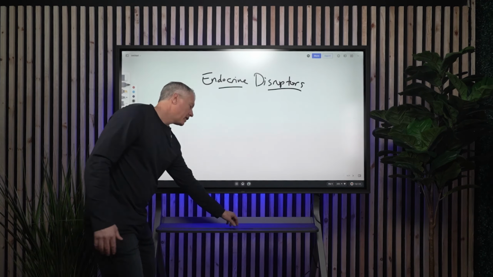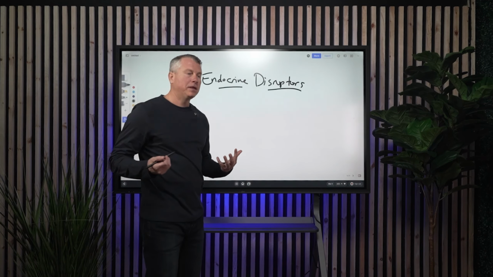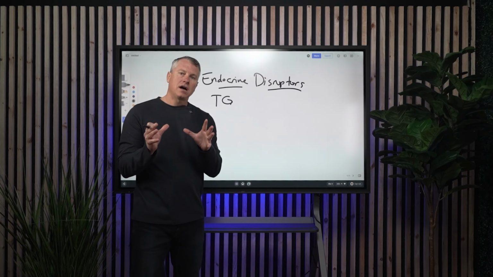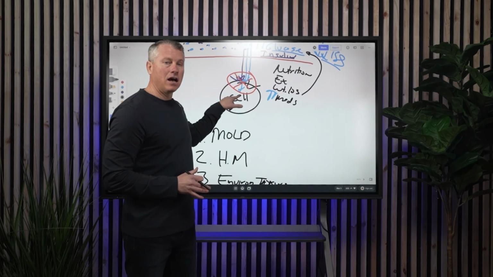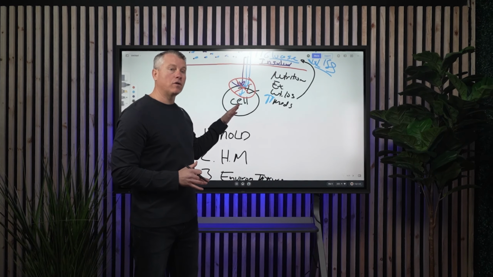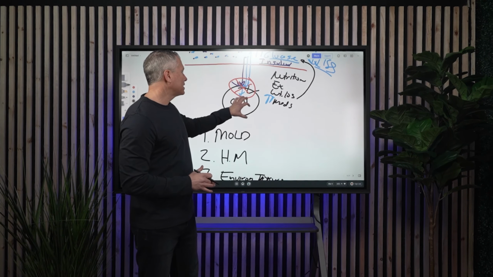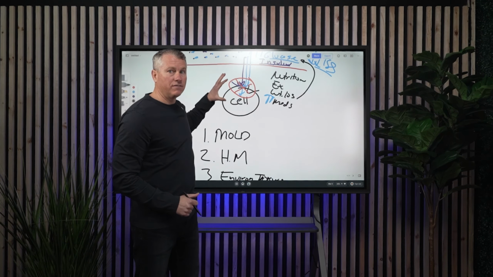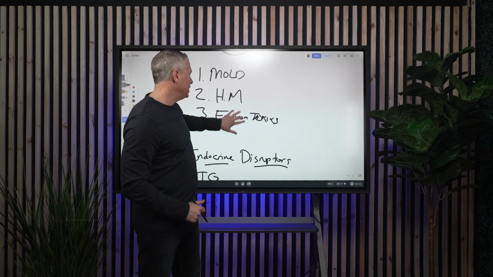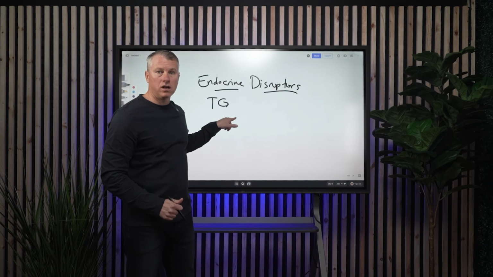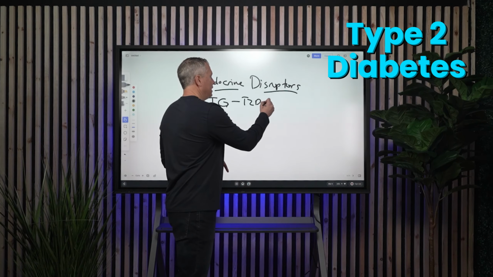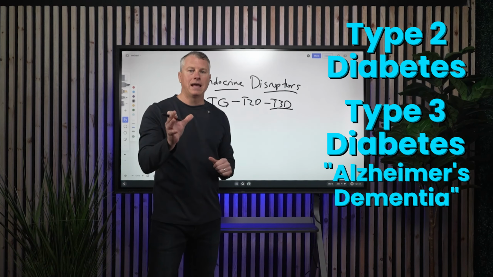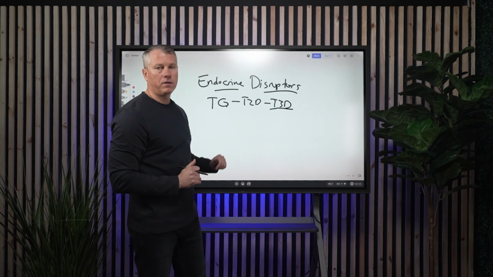Other types of toxins that can specifically cause type 2 diabetes, there's a toxin called TG. This is an environmental toxin. This toxin actually disrupts inside the cell and outside the cell. So even if you don't have it impacting outside the cell, it blocks the ability to get the sugar into the engines of your cell. So it's very damaging, which is why TG has been shown through the science to cause not only type 2 diabetes, but also type 3 diabetes, which is referred to as Alzheimer's and dementia. Very, very important, very, very problematic toxin.